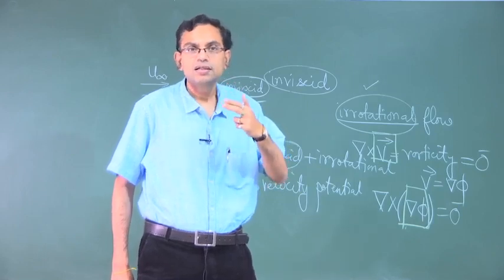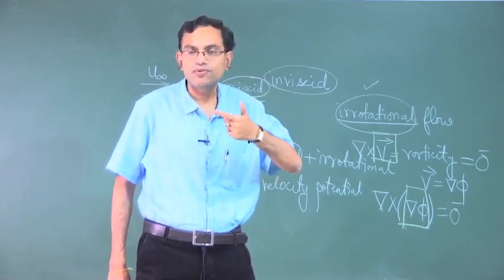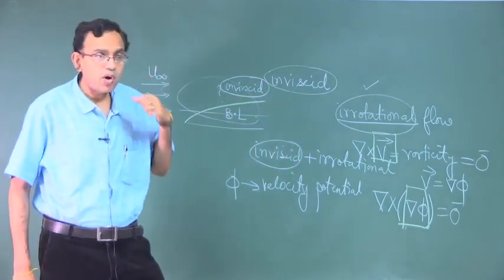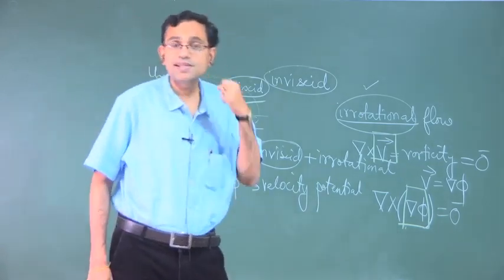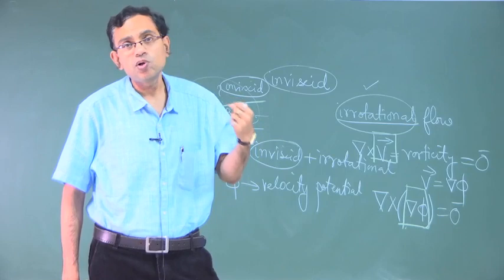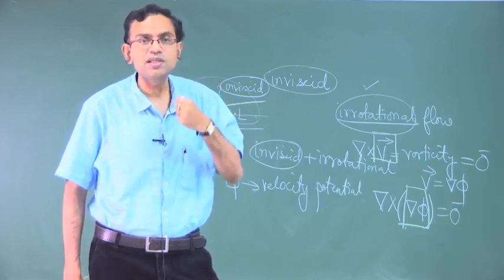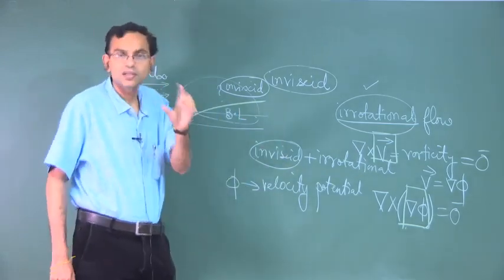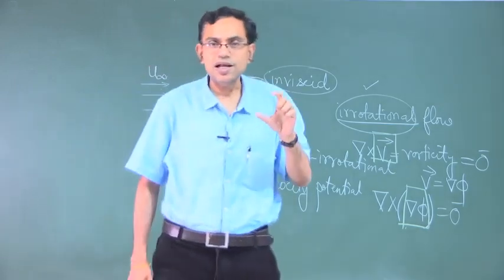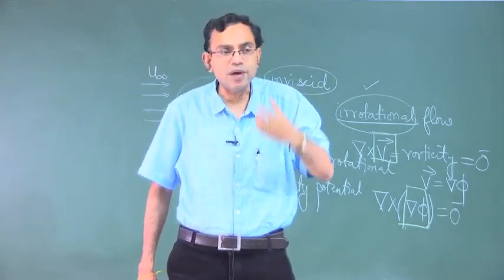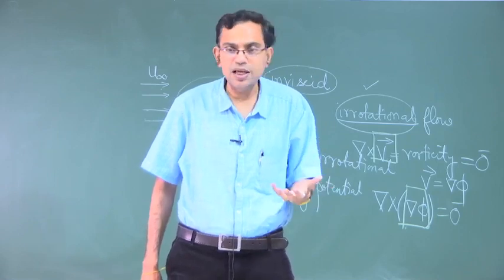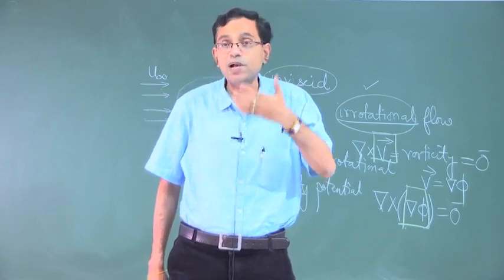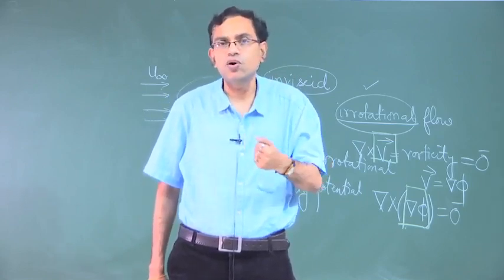The common link that relates the outer flow with the inner flow is the pressure gradient. There is a pressure gradient which is imposed on the fluid in the boundary layer, which is the same as the pressure gradient which is imposed externally. This of course is detailed in the chapter of boundary layer theory. This is not within the purview of this chapter, but it is a very, very important consideration that the pressure gradient within the boundary layer which you require to solve the velocity in the boundary layer is the same as the pressure gradient that is imposed in the outer flow,